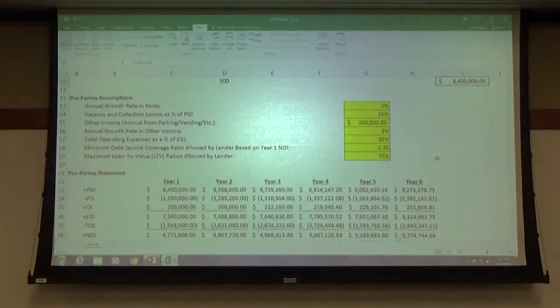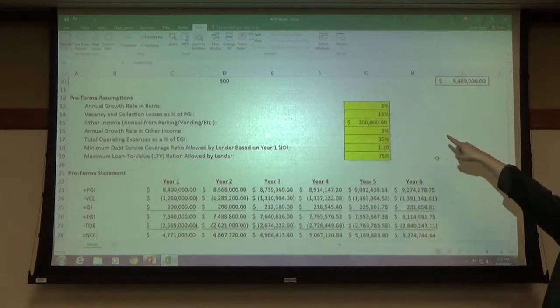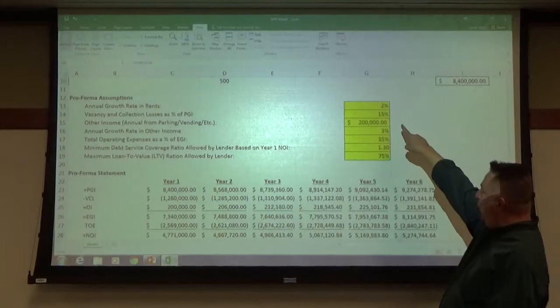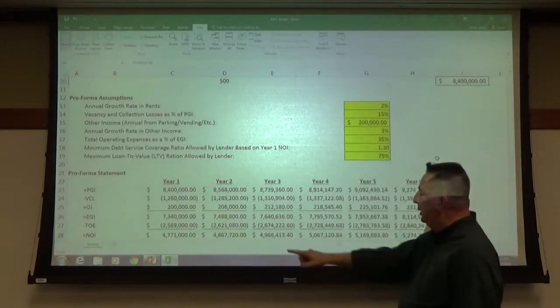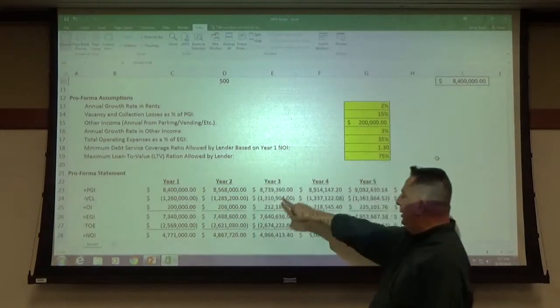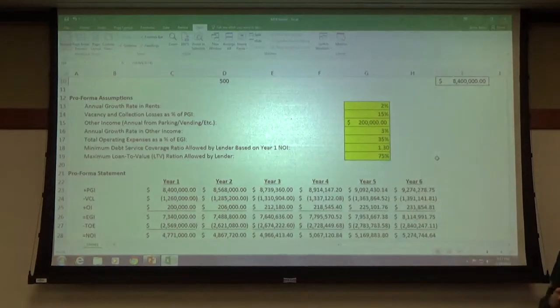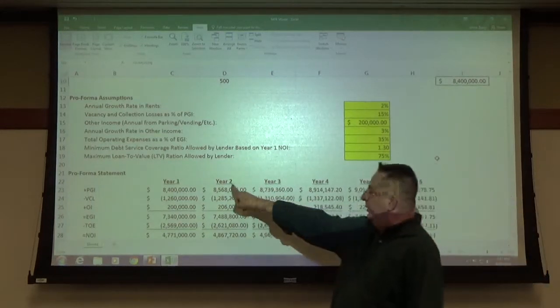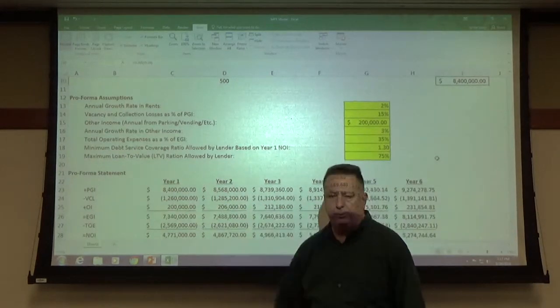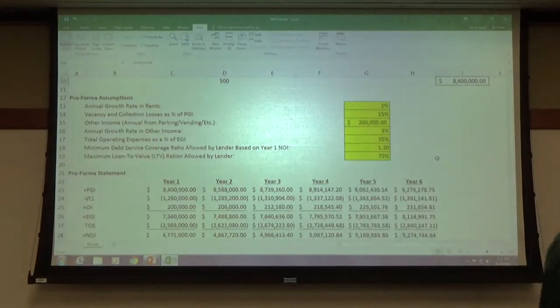One that we did not talk about previously, because we didn't deal with a multi-year analysis in the previous problem, is we're making the assumption we're going to have a 2% growth rate in rent every year. So let's see if we can get to that number here in year 2. Does everybody follow kind of what I'm asking?